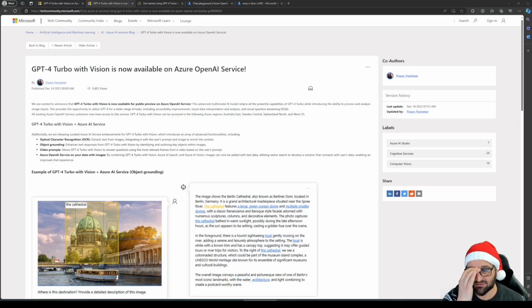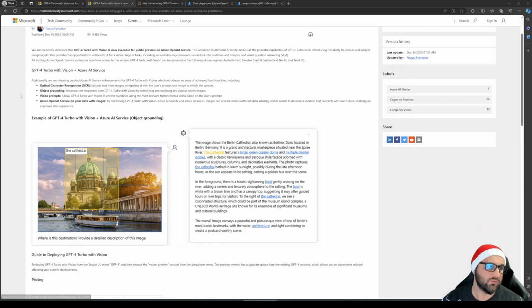service. So this is the announcement. It's published on the 14th of December. And this is where everything started, when I got super excited when I saw the capabilities that are being brought up. So I'm gonna link this article and any other articles as usual down below, so you can check them out